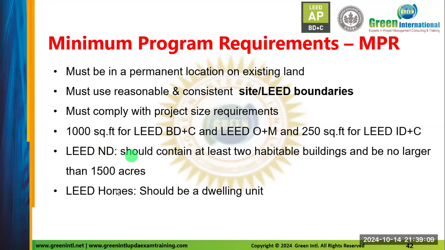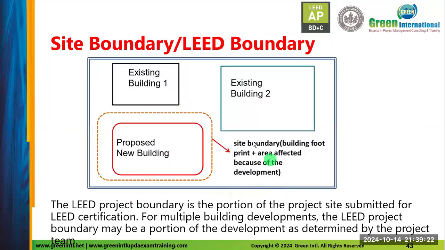Okay. Next one. LEED for Homes should be a dwelling unit, meaning a home, a small home. A dwelling unit has a toilet, kitchen, living area, and sleeping area. This is the meaning of dwelling units. So if this is your project, and you have one building here, another building here, and your proposed new building here, and this is your site